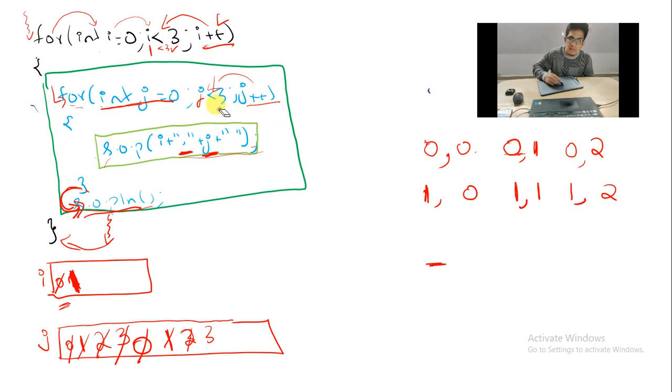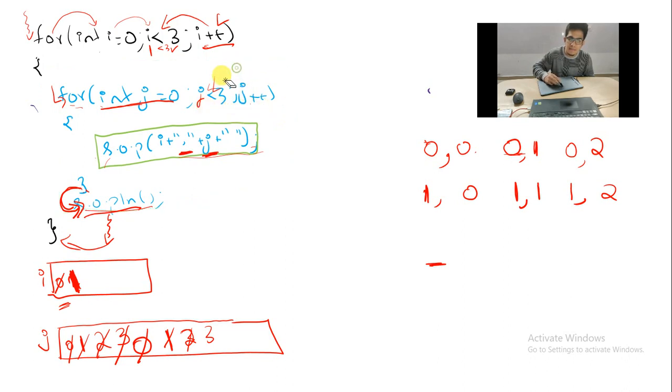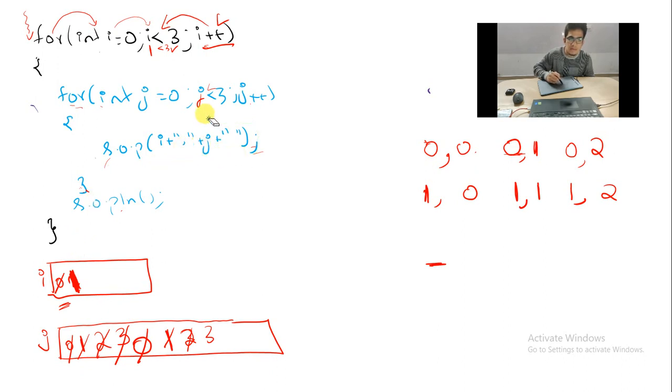Okay, so let me erase this. So I plus plus happens and I becomes 2 now. So you have to check here. After I becomes 2, you are checking the condition. Is 2 less than 3? Yes, 2 is less than 3. If 2 is less than 3, the condition is true. Again execute the body of the I loop.